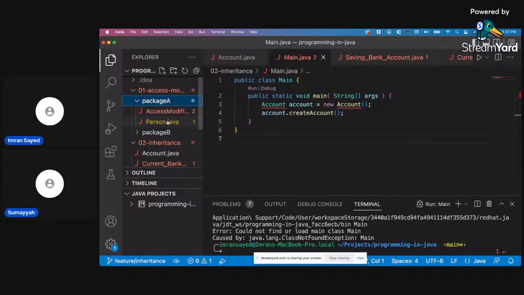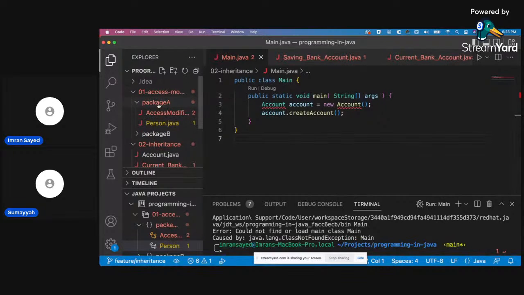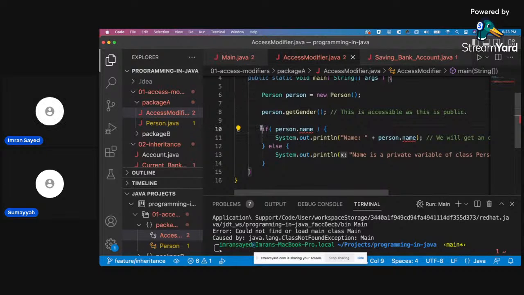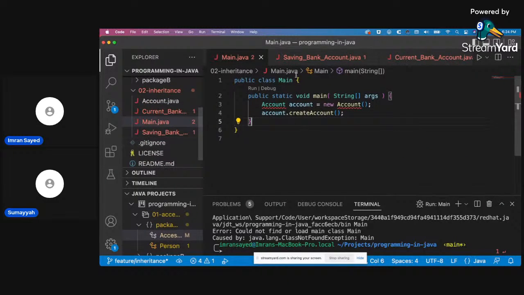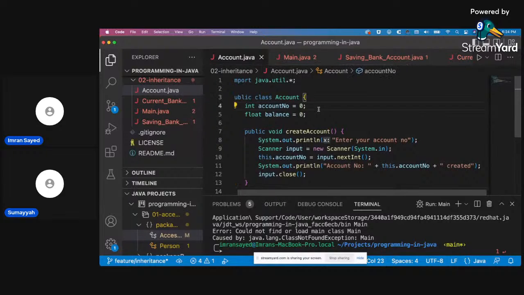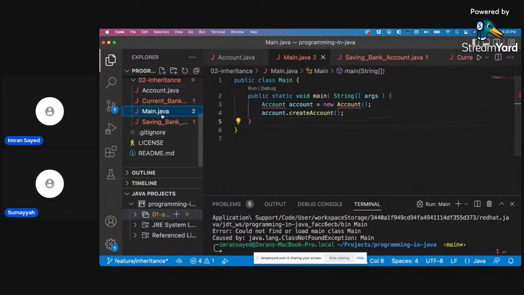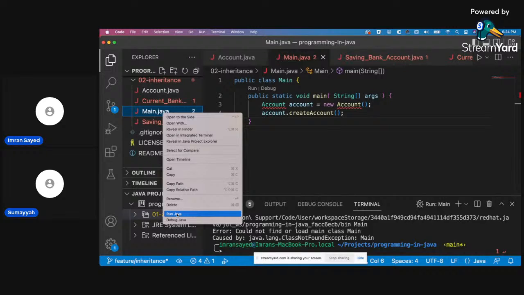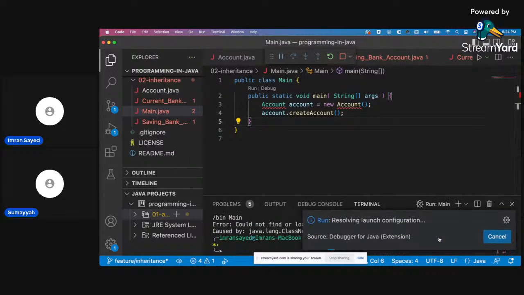First thing I'll do is comment that out. Is it saved? What the heck?